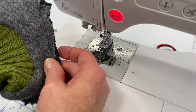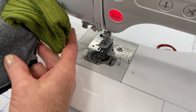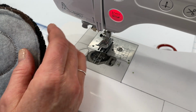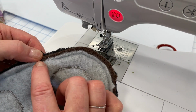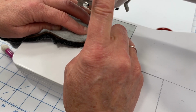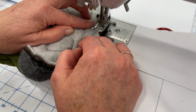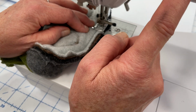and then we're going to set our sewing machine to a zigzag stitch. But before we do that, you want to make sure, look at the front, look all the way around and on the other side to make sure that you've caught all the fabric. Now as you can see, there's a little place where I didn't catch that one edge of the fleece. Now fleece doesn't stretch as easy as the sweater fabric, so it's okay it was just off just a little bit, so I'm just going to increase my seam allowance right in that area,